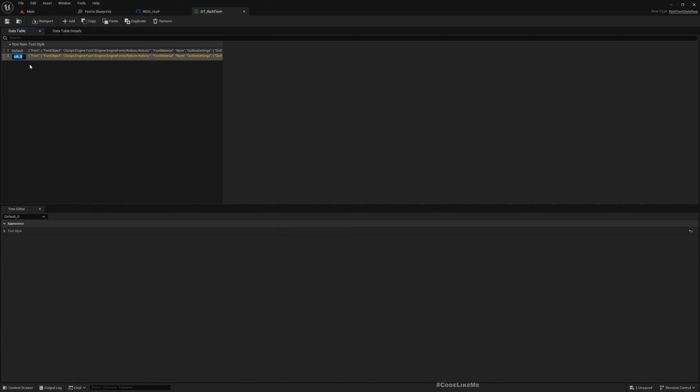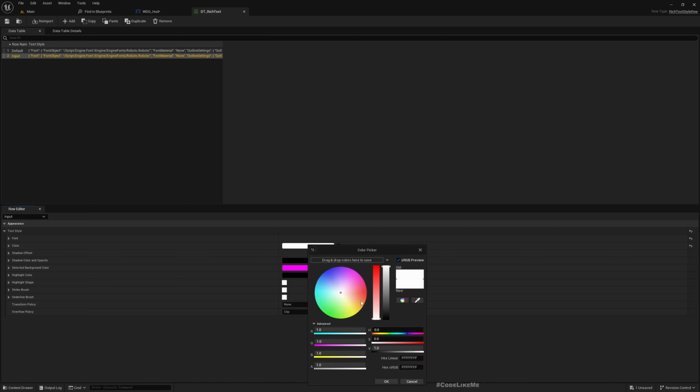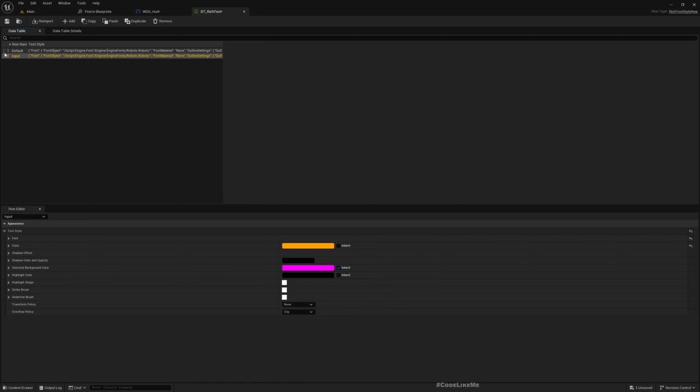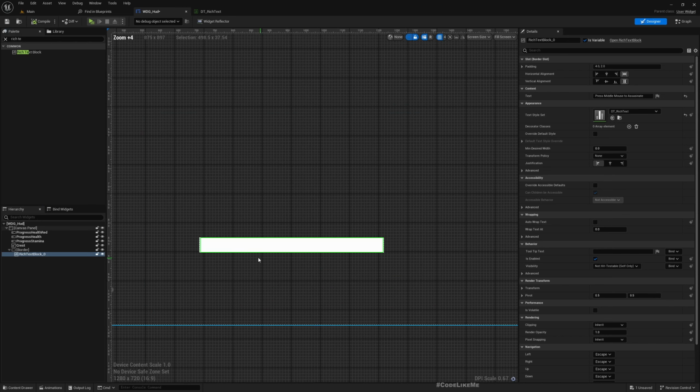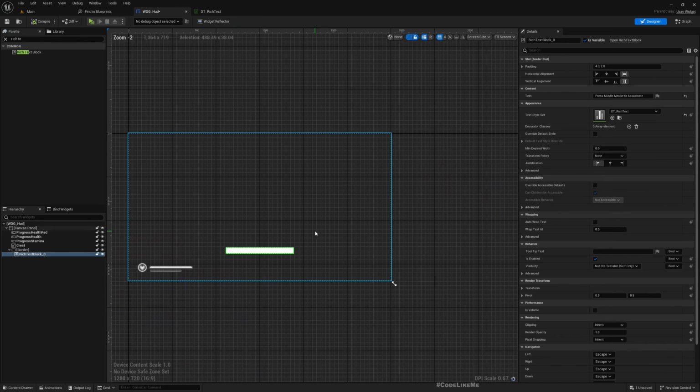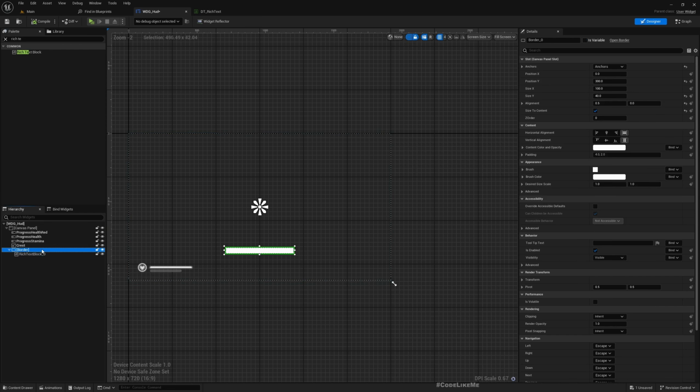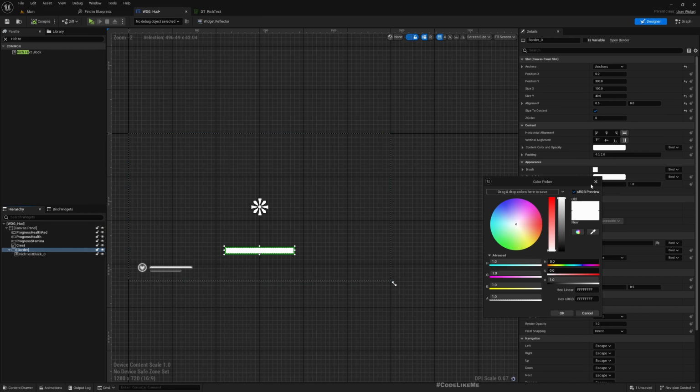I'll name it input. I will show you why in a second. So I'll make the color something like this. Now here we can choose that rich text data table, compile. Now we have the text, but you don't see it because the background is white. Let's make it black. Now you can see, and slightly transparent,